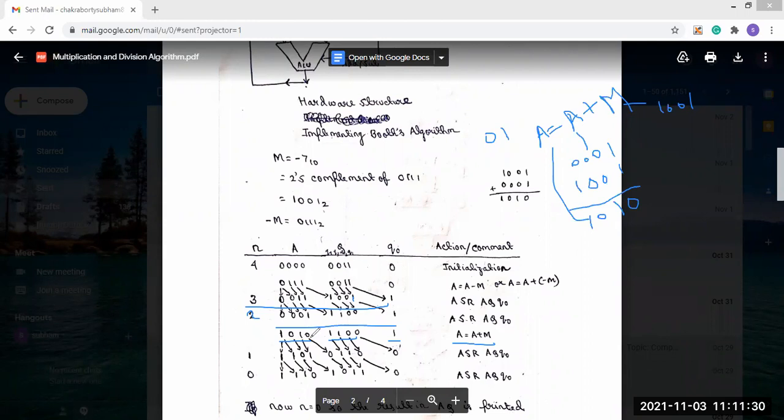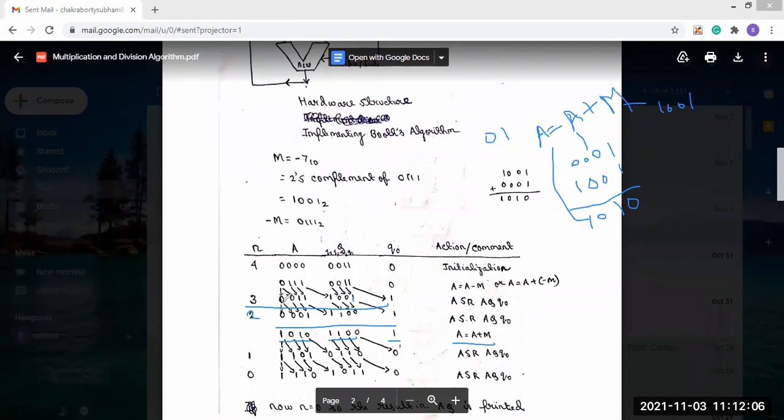So what is this? 1010 1100 1. So that means now we will get this 0 shifted here, this 0 shifted here, this 1 shifted here, this 1 shifted here, then this 0 shifted here, this 1 shifted here, this 0 shifted here, and this 1 shifted here and also here. So we'll write 1101, then 0110, then 0. So according to this, this will be presented in these two positions.